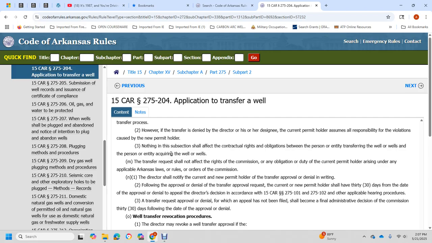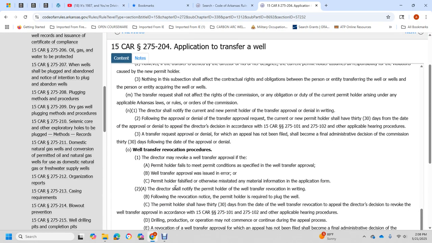The director shall notify the current and new permit holders of the transfer approval or denial in writing. The current and new permit holders shall have 30 days from the date of the approval or denial to appeal the director's decision according to Title 15 Code of Arkansas Rules 275-101 and 102 and other applicable hearing procedures. If the transfer request approval or denial has not been appealed by the applicant and filed with the financial administrator of the commission within 30 days of the date of the approval or denial, the transfer